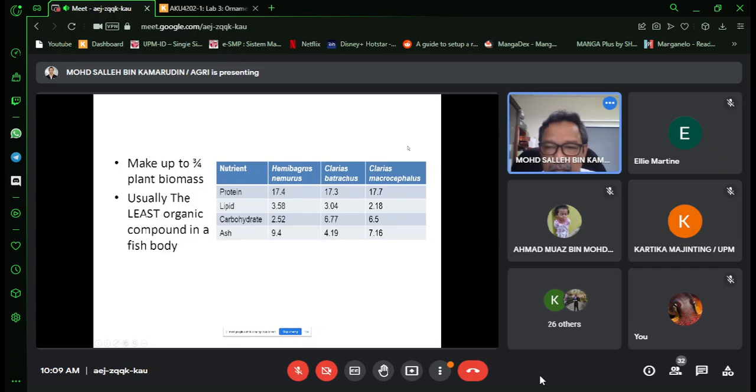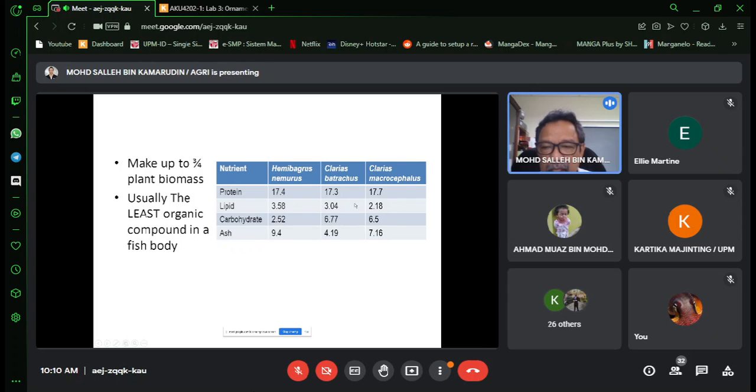This is for the Malaysian catfish, Hemibagrus nemurus, the baung. At that time, we also had Clarias batrachus, keli kayu, and the local keli bunga, Clarias microcephalus. They contain slightly higher, but usually the amount of carbohydrate is much lesser than the